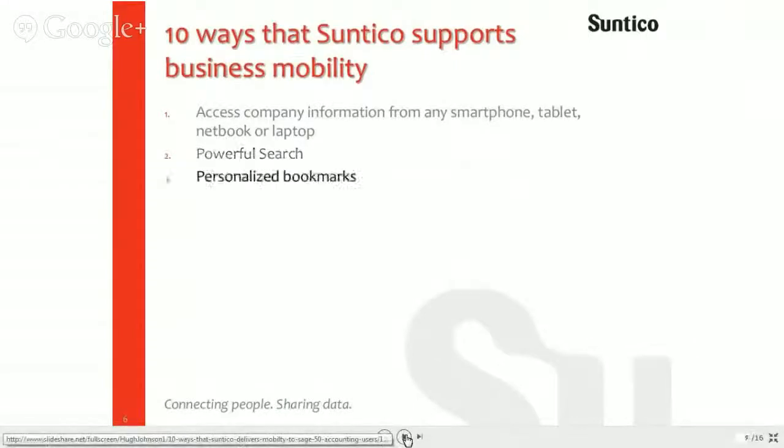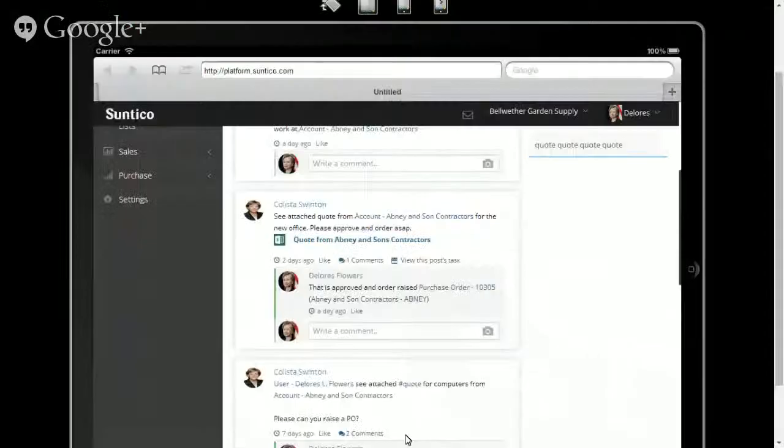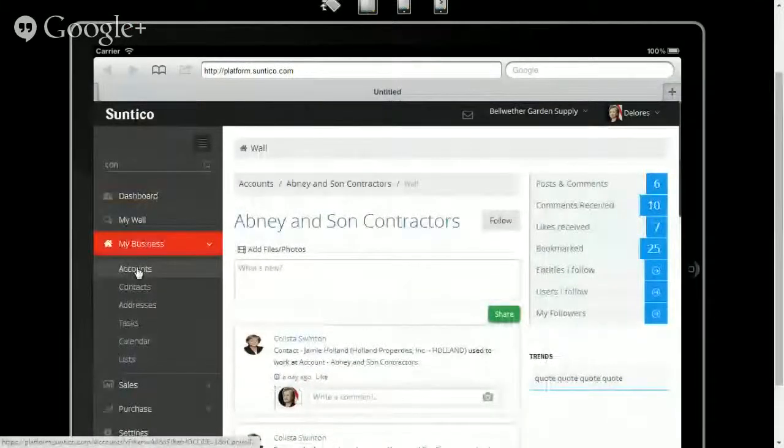Reason number 3 is personalized bookmarks. Again, it's a very simple concept, but if I'm dealing with 200, or if I have 200 or 2,000 accounts on the system, then I might only be dealing with a handful of these. So what I will do is I can bookmark these. And again, if I look at this and I pull up the accounts list,